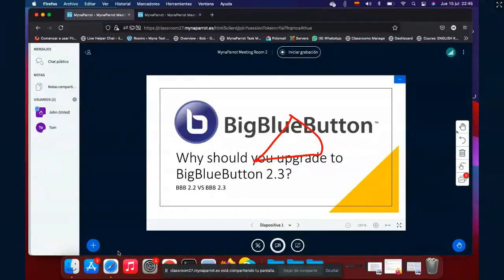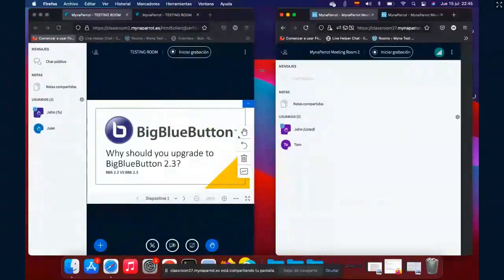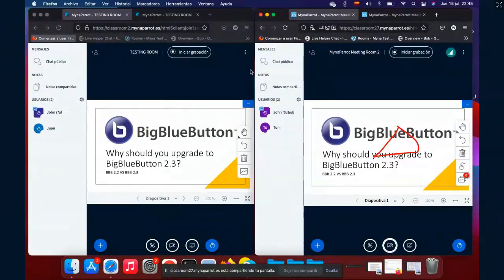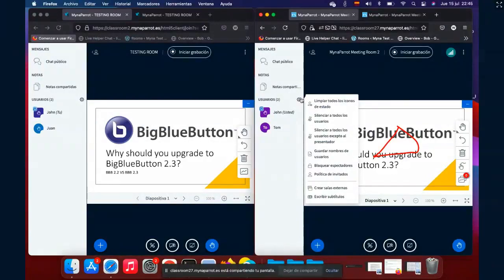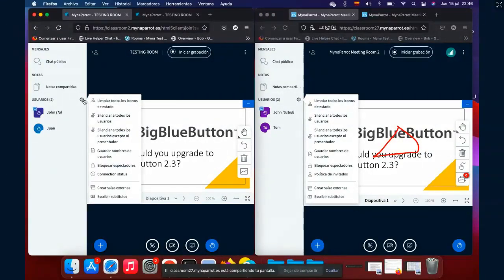One more thing I want to share with you. Let me go back to the previous one because I should make a comparison. This is 2.3. This is 2.2, and let's see what the difference is here. If I click this gear icon, that's almost the same. There's nothing new here. That's great because now we can compare line by line. Okay, block users, connect.